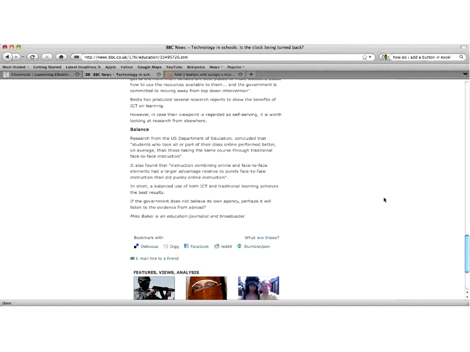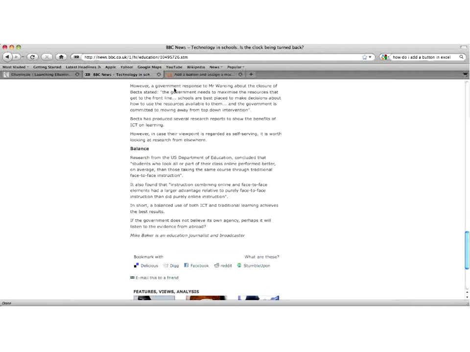Balance. Research from the US Department of Education concluded that students who took all or part of their class online performed better on average than those taking the same course through traditional face-to-face instruction. It also found that instruction combining online and face-to-face elements had a larger advantage relative to the purely face-to-face instruction than did purely online instruction. In short, a balanced use of both ICT and traditional learning achieves the best results. If the government does not believe its own agency, perhaps it will listen to evidence from abroad. Interesting times. Let's kill that off now and have a look at